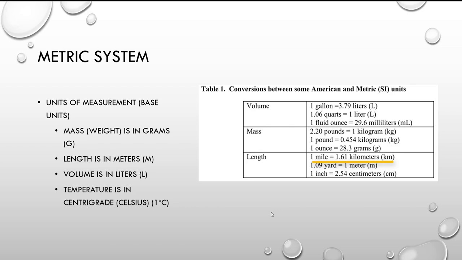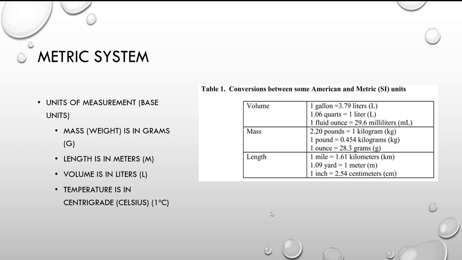And then length, we have 1 mile to 1.61 kilometers. This you might be more familiar with if you're a runner, if you've run a 5K or a 10K or even a marathon. A 10K is 10 kilometers. You probably might not be familiar with those other conversions. We won't be really converting much from the American system to the metric system, so this is just more for your own understanding. And then as far as temperature,